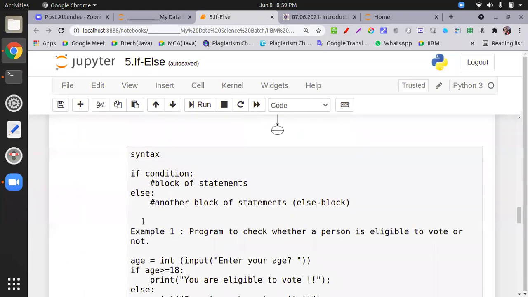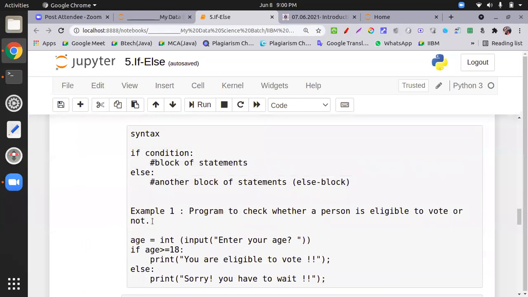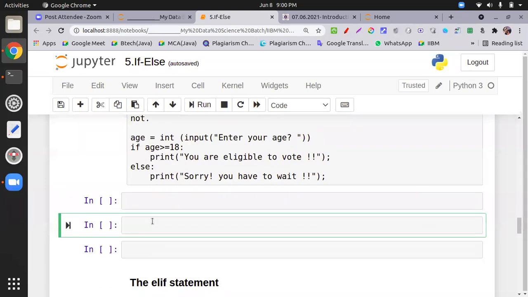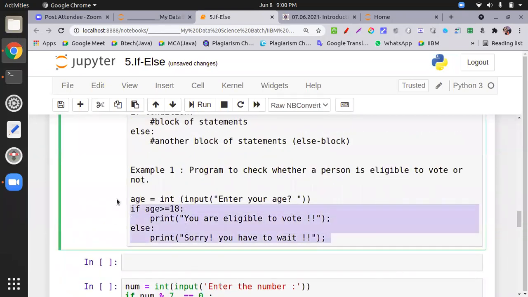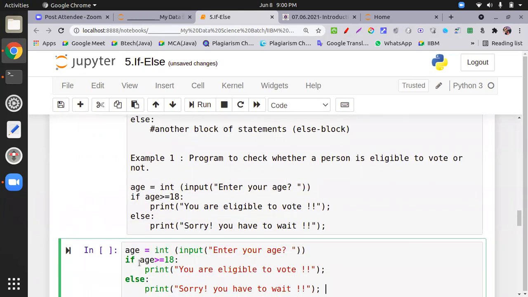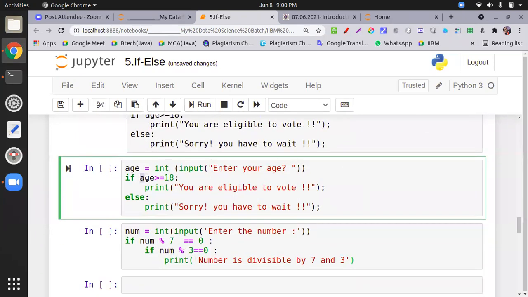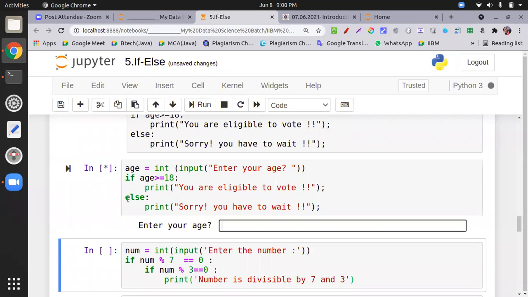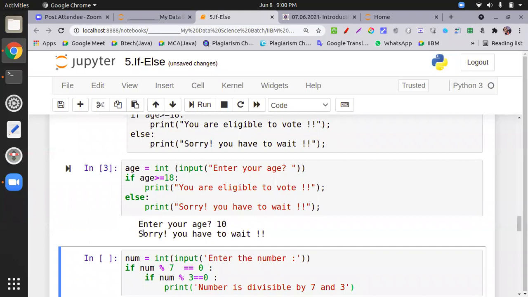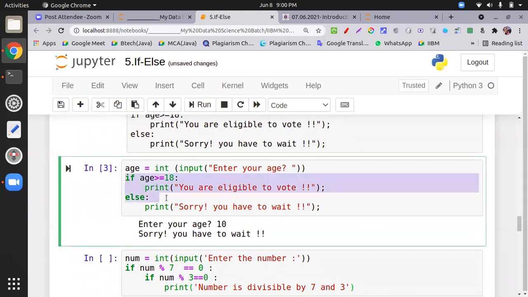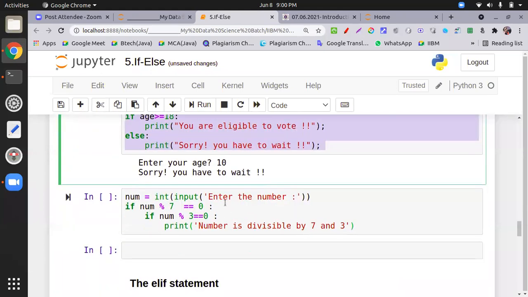It will ask the age of the person. If the age qualifies, it says you are eligible to vote. Else, the condition becomes false and it comes under the else. So I put the age as 10, so it comes under the else. Again it's a block, only one condition will be executed.